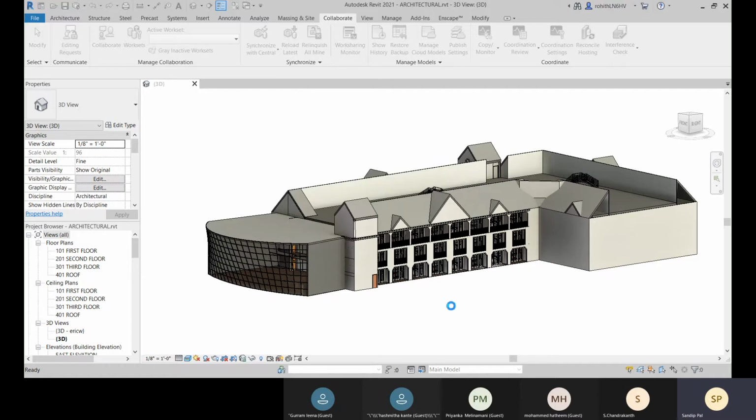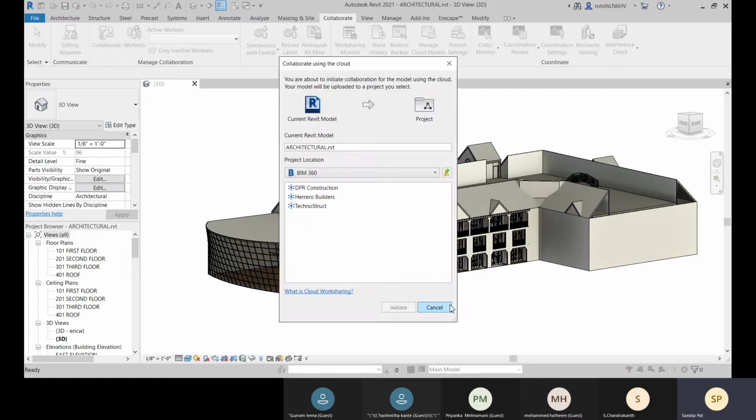So let's click on OK, and after this collaboration, this file will be converted into the central file. Okay, so that is the master file you are going to create when you enable this Collaborate option. And this central file can be accessed by everyone as their local file. Okay, when you open it in your system, one local file will be created, and that is very much necessary.